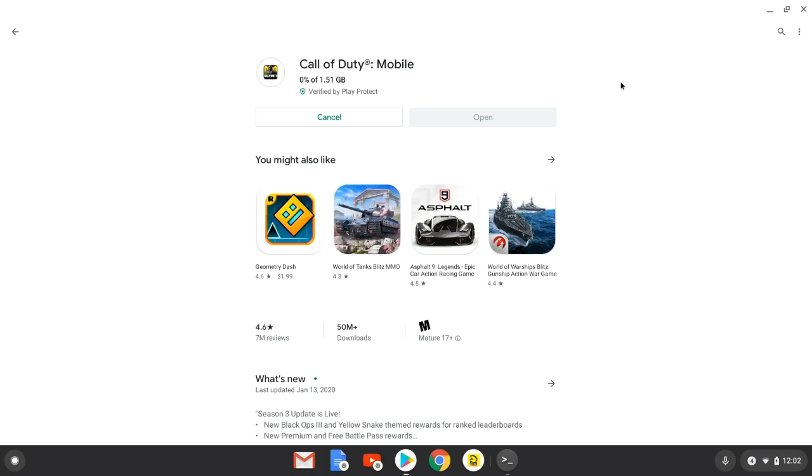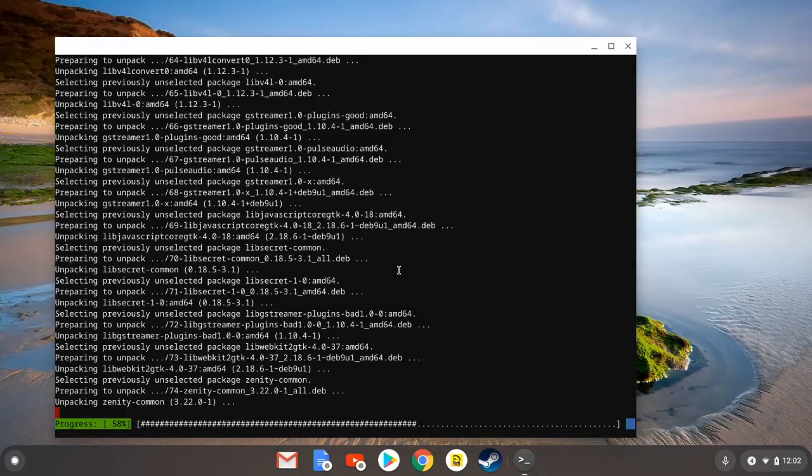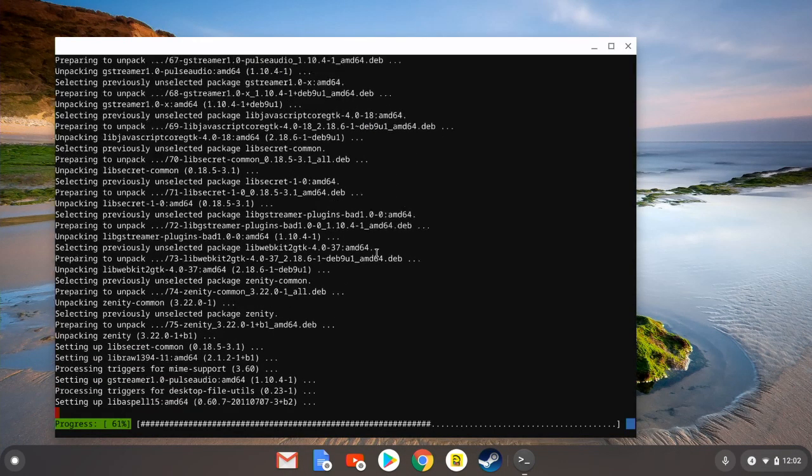So we'll get that going. That's a big one, 1.5 gigs. And that'll install in the background. We're installing Steam right now on the Linux side. And then